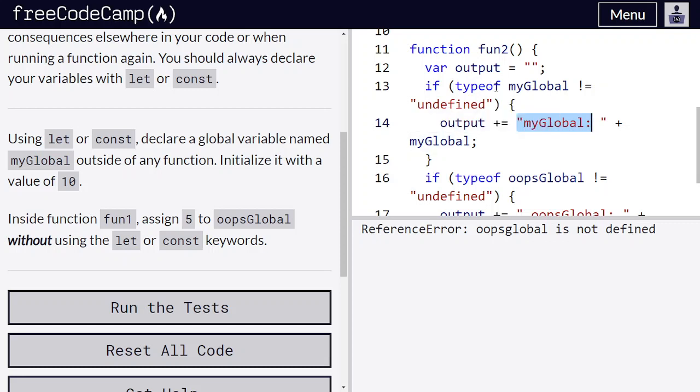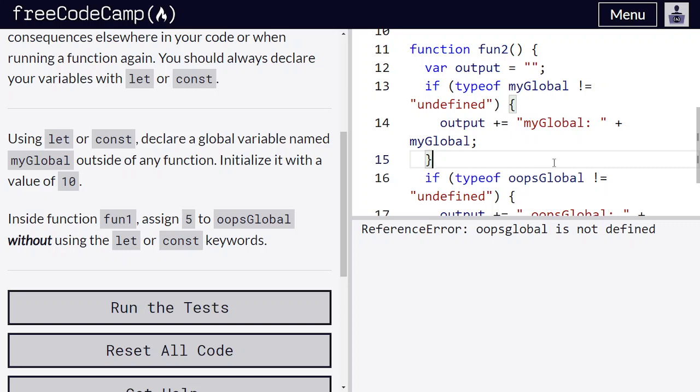Obviously this myGlobal is just a number, so it can't have a data type of undefined. So this if statement is actually true, so it will run like that. So we'll get myGlobal is equal to 10.